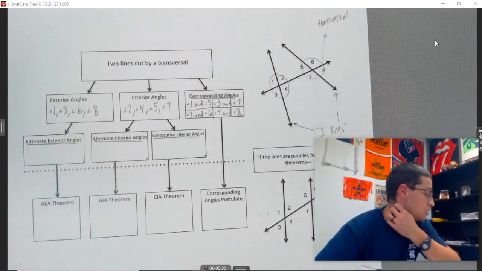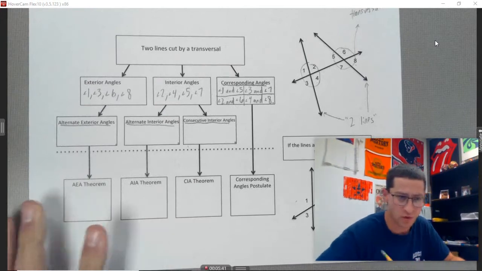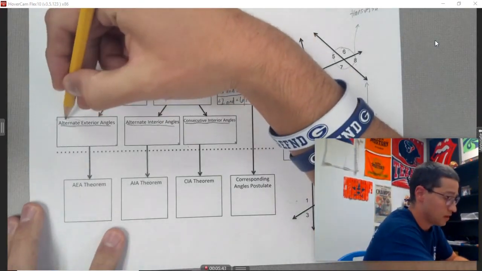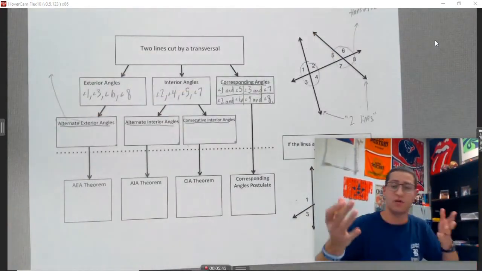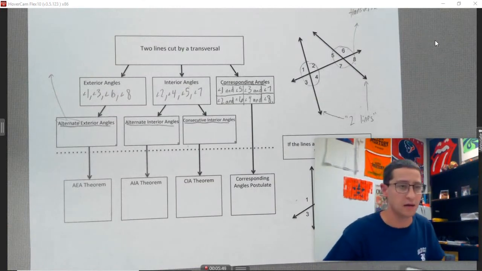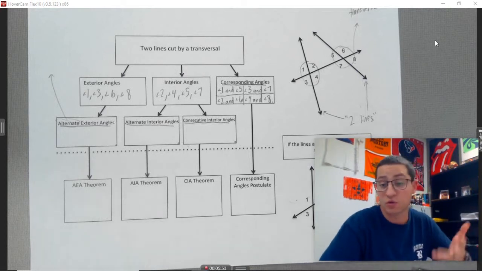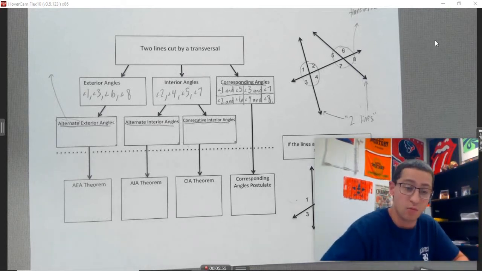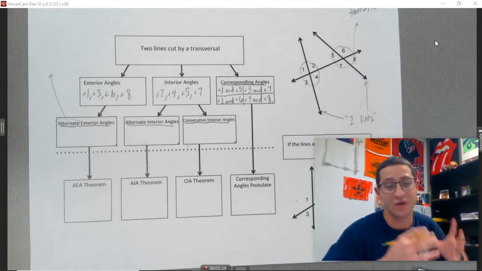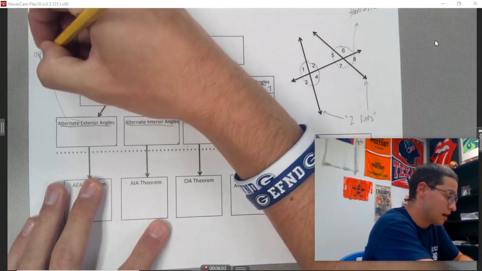All right, let's go ahead and do the rest of them. Okay, alternate exterior angles. So first of all, let's talk about this word alternate. Alternating, you think like on the opposite side or something like that, or kind of reversing in a way, right? We are switching. That's another way to think about alternating, and that is very similar to what we have. So every time we see alternate, we want to think opposite side